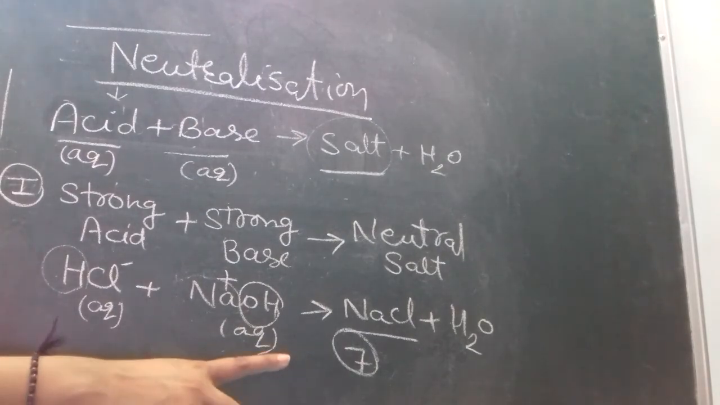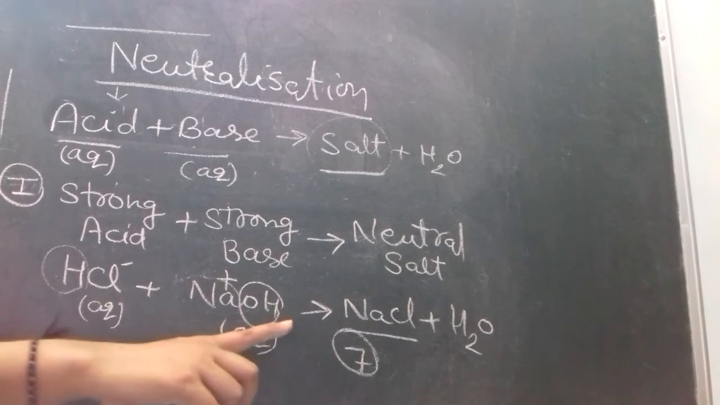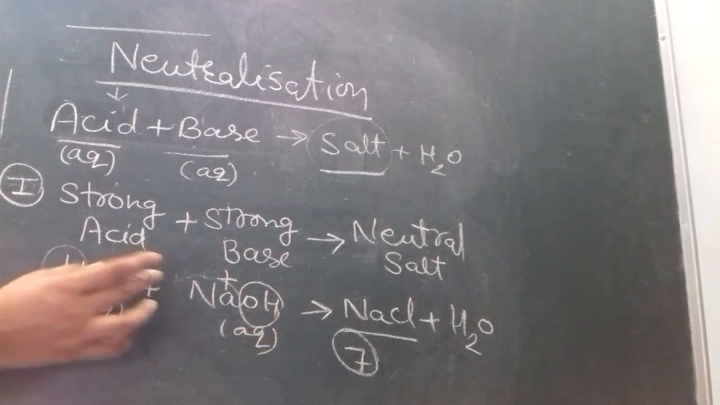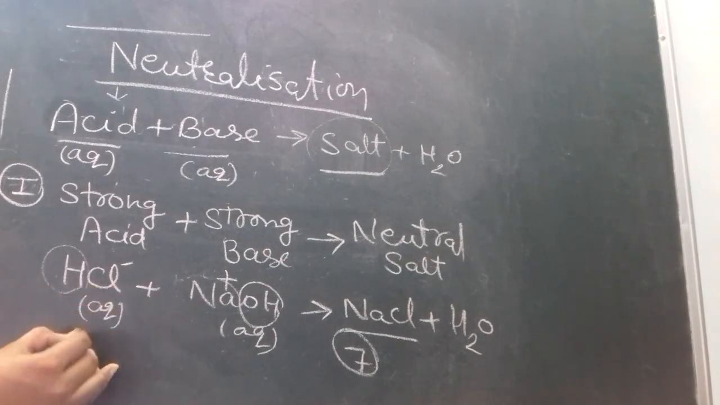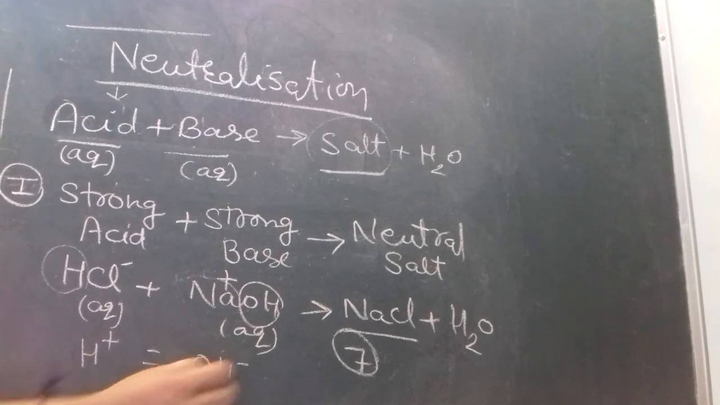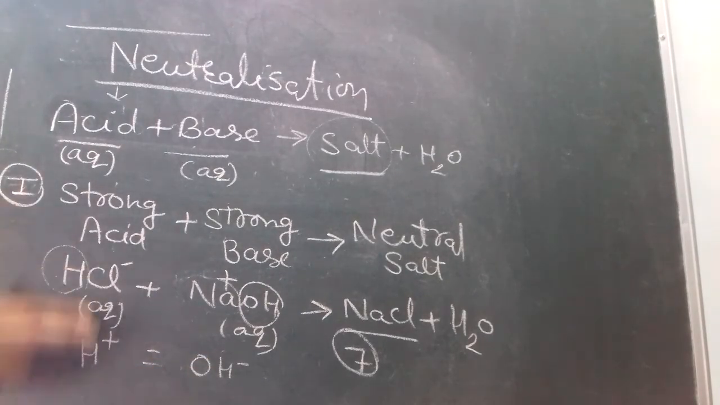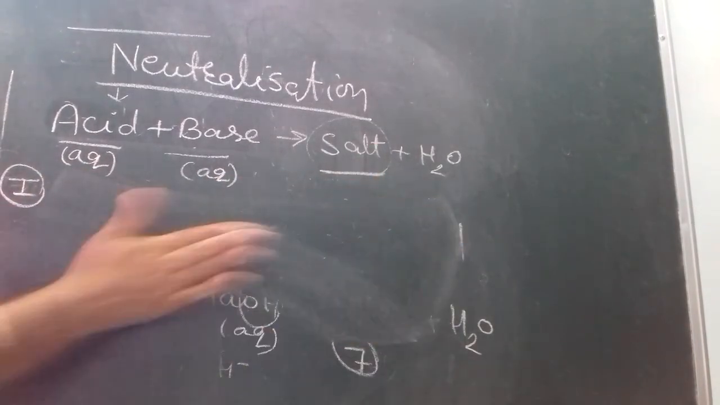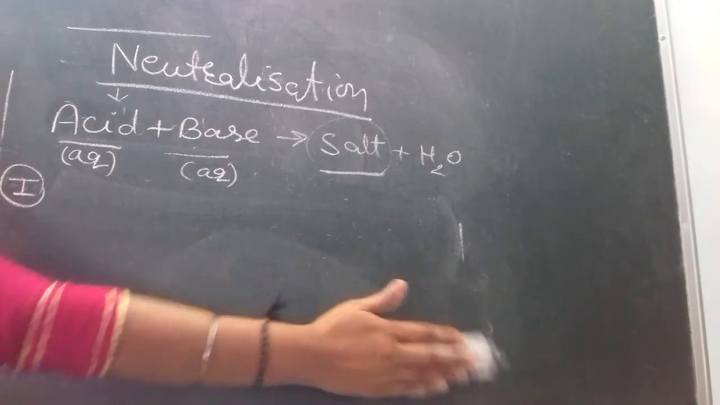And as you know, we eat this edible salt and it is a neutral salt. Okay, and here both acid and base have equal concentration of hydrogen ion and hydroxide ion. So no ion remains in neutralization. That's why it is neutral salt. Okay students, so is this clear about strong acid and strong base? Now second condition, according to second condition,